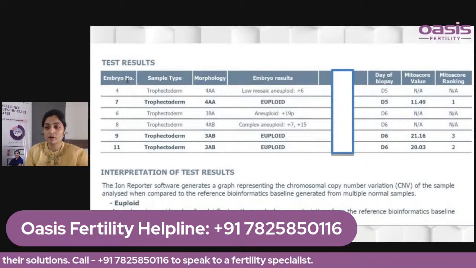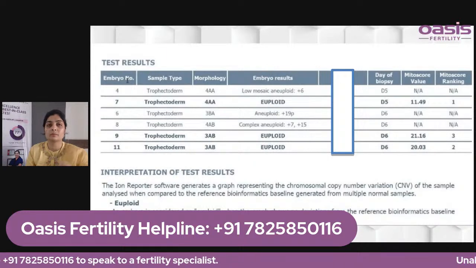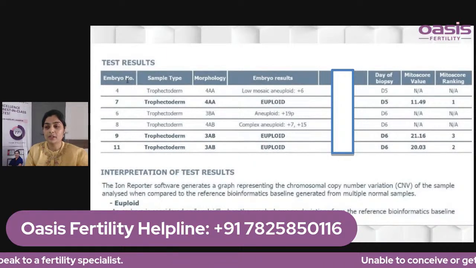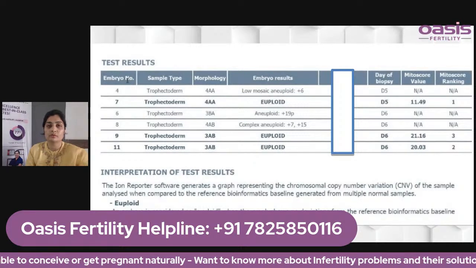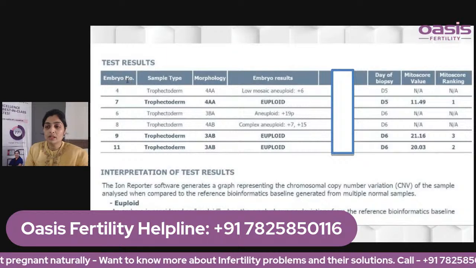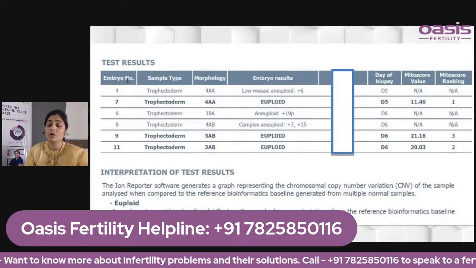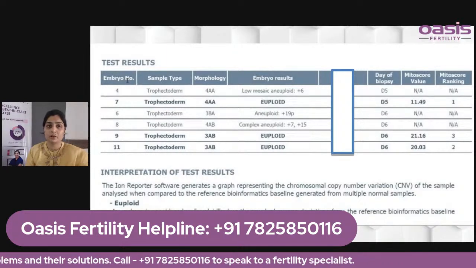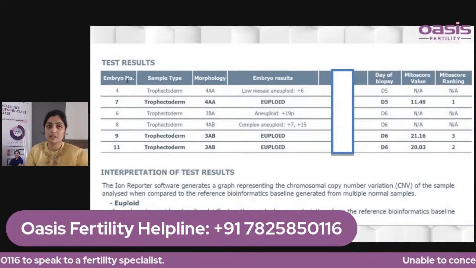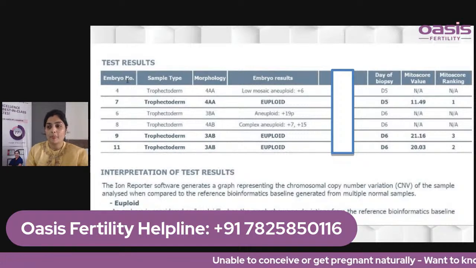This 1 to 4 indicates the expansion grading of the blastocyst. And this A to D, the second line, indicates the grading of the inner cell mass, which leads to the embryo formation. And the second grading indicates the grading of the trophectoderm. So depending on the grade, we also advise PGTA. PGTA cannot be done on all embryos, so they select the best grade embryos. A, B are very good, and C is also acceptable, and D is not acceptable. So such embryos are usually selected for PGTA testing.